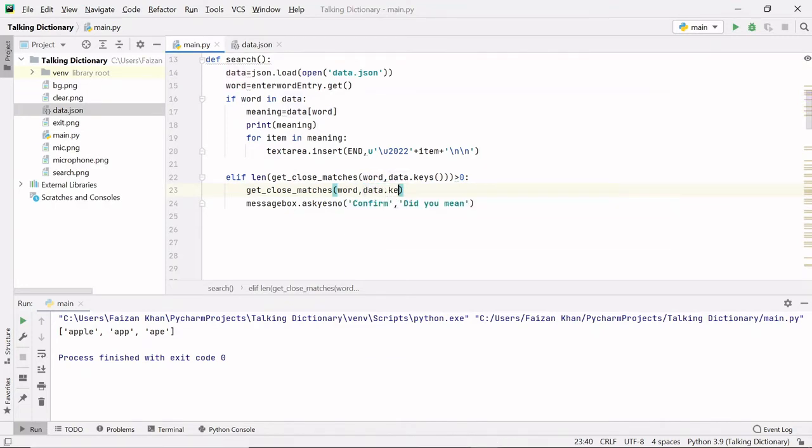It should be compared with data.keys, right? And I'm not passing n and the cutoff value because n will return a maximum of 3 values, and the first index will show us the best result, the first starting index.